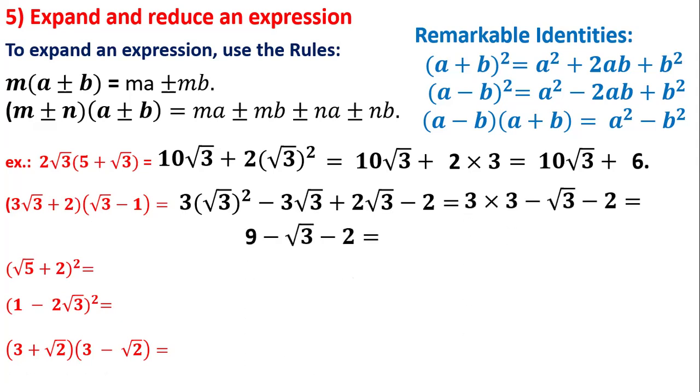So we get 9 minus radical 3 minus 2. Of course, 9 minus 2 is 7 minus radical 3. This is the answer. I have parentheses squared, and inside I have a plus, so I apply the first remarkable